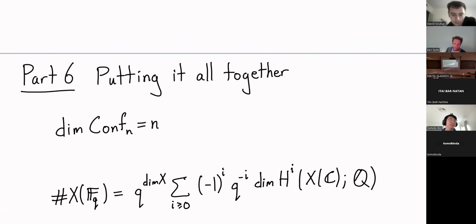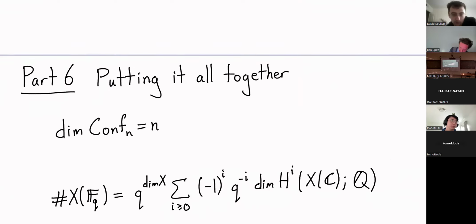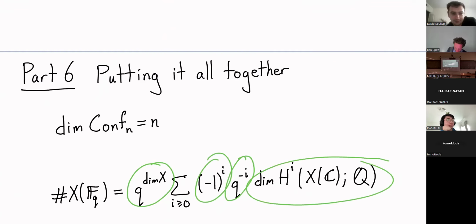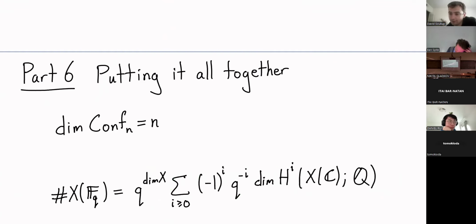We have this formula that says I'm going to have a q to the dimension of X, alternating sum of q to the minus i, dimension of these cohomology groups to get the number of points over FQ. And we need to know the dimension of this configuration space. It turns out that number is n. And the idea is just that we haven't defined what dimension means. But the point is that this configuration space,